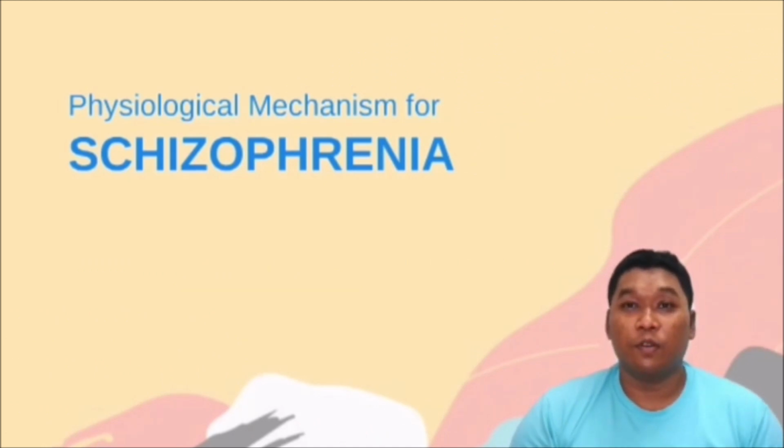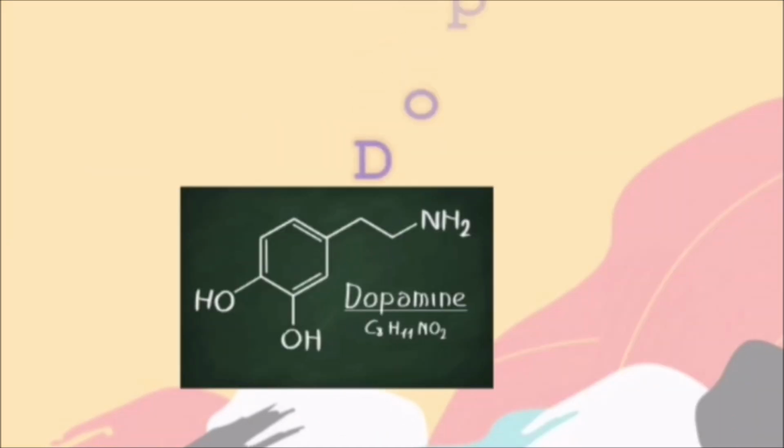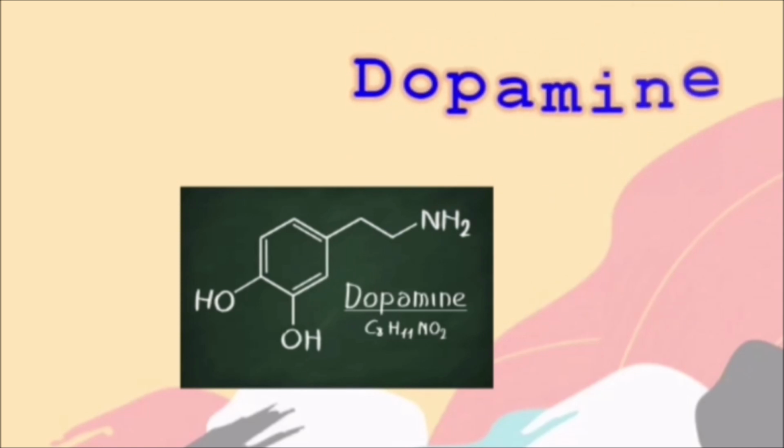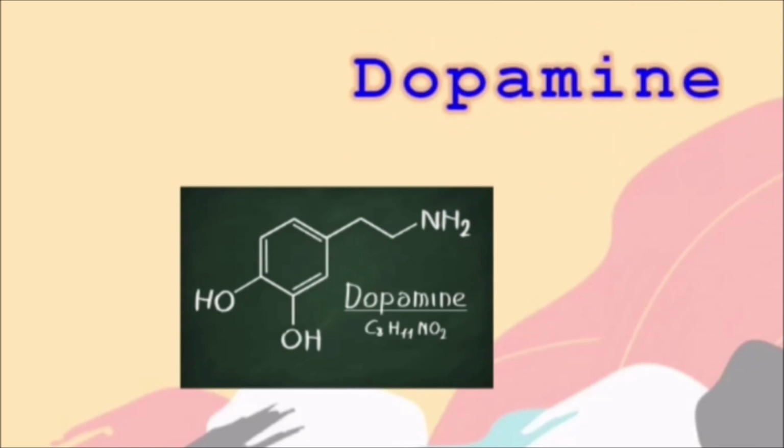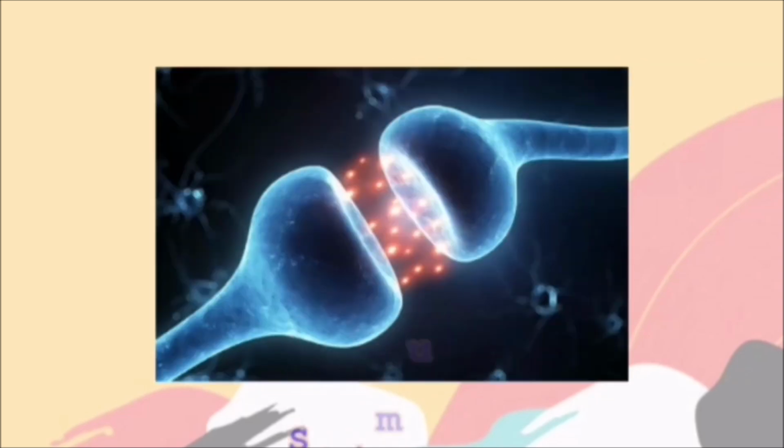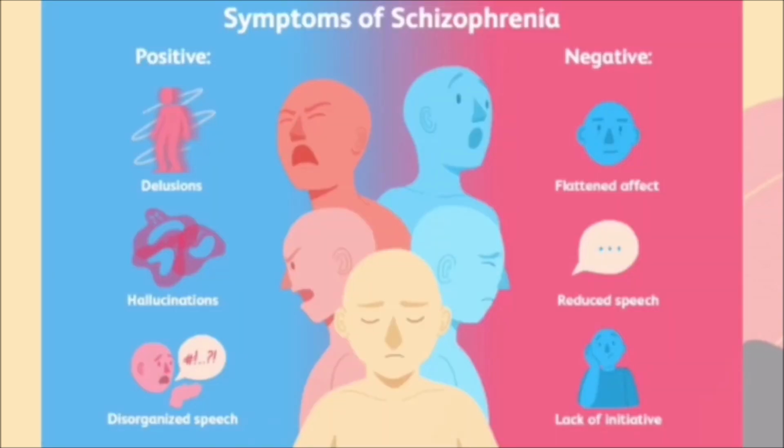Physiological mechanism for schizophrenia development. According to the dopamine theory of schizophrenia, dopamine's function is to mediate motivational salience and thus offer a person the ability to decide which stimuli attract their attention and drive subsequent behavior. Schizophrenia is correlated with the aberrant allocation of salience due to dysregulated delivery of striatal dopamine.